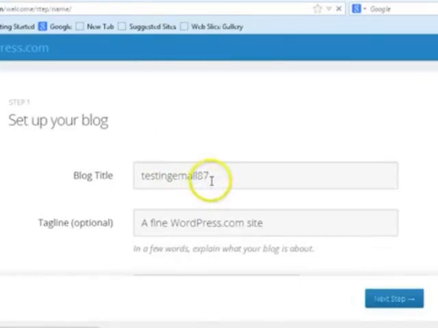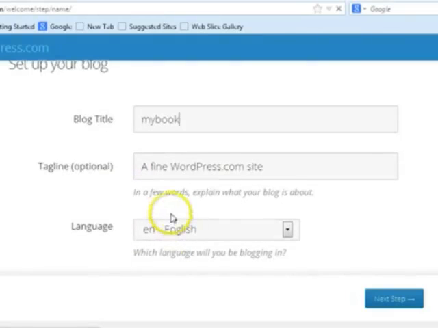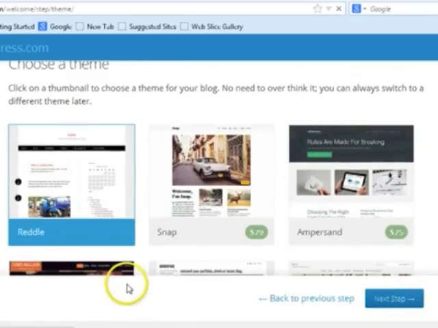Now you are asked to set up your blog. We are going to change our blog title. A tagline is optional. Choose the language and click on Next Step.